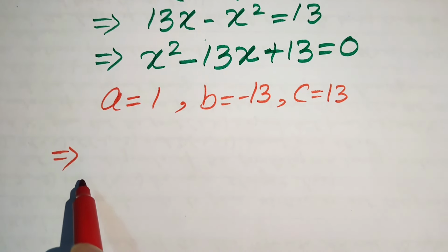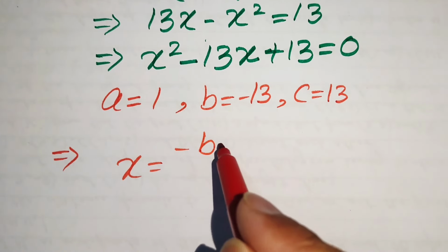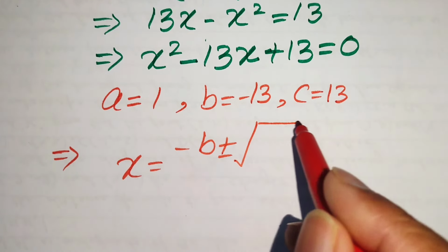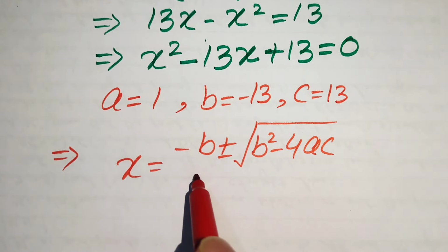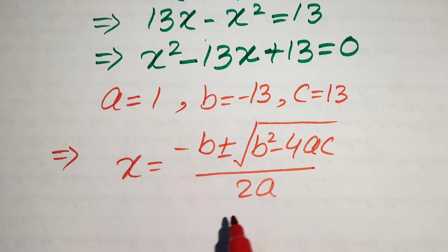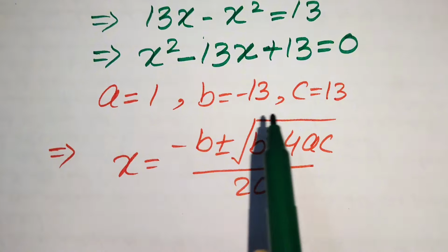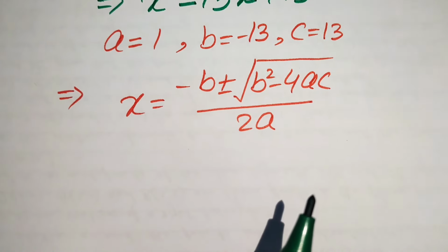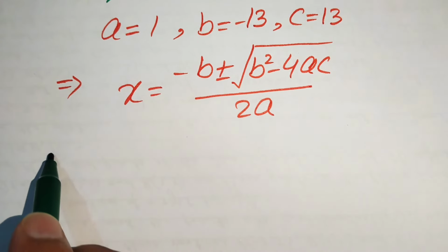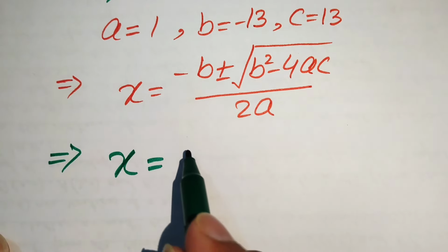We know the quadratic formula. It is stated as x equals minus b plus minus square root of b square minus 4 times ac, divided by 2 times a. This is our quadratic formula, and now we substitute the values of a, b and c in this formula. When we substitute these values, the quadratic formula is written as x equals minus b,